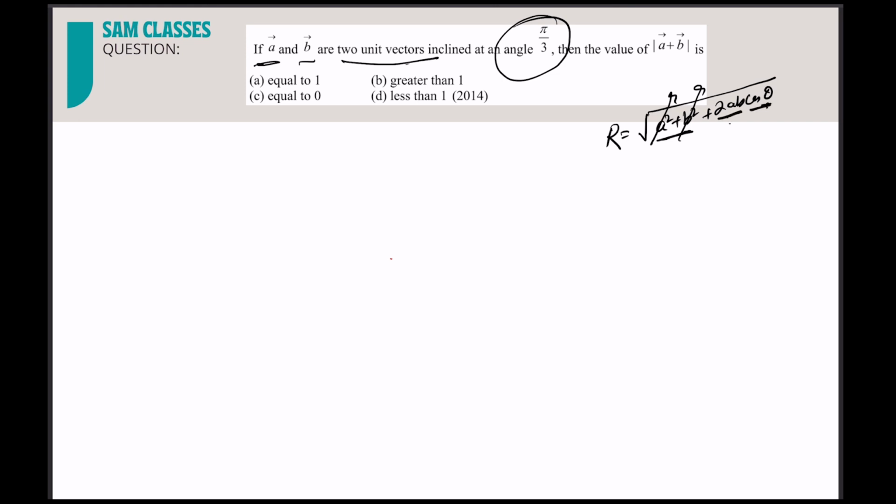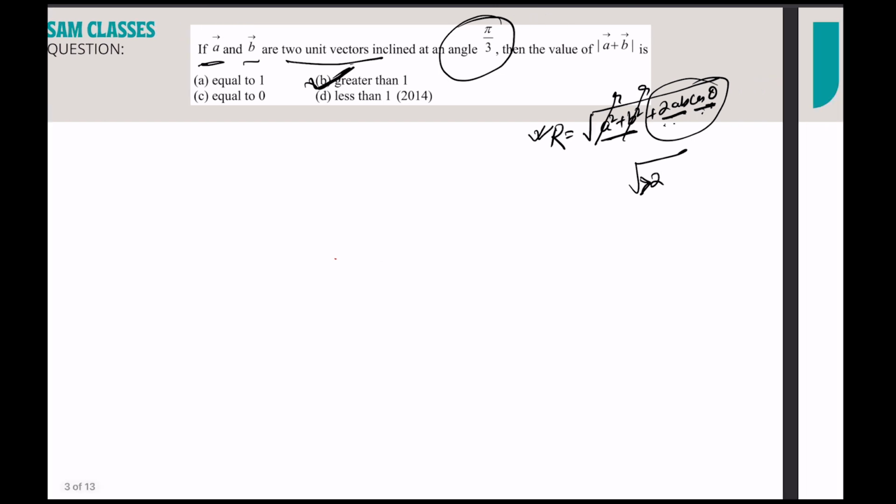So see, it will be more than 2, and then here, whatever the value, it will be what? If I have a vector which will be like root under, it can have any value, but it is root under minimum greater than 2. Correct? So it has to be greater than 1. That's it. I don't have to solve. I don't have to put the value. I don't have to find it out. If I want, I can do it. It's very easy. But here I don't need it. So if somebody is solving without tricks, what is it? By using tricks, if he just remembers this much formula of resultant of vector, he can solve it.